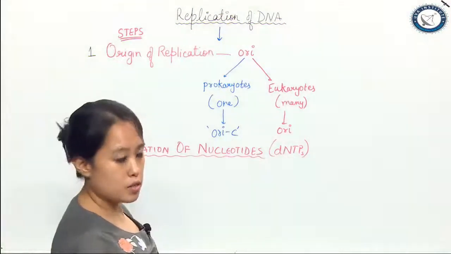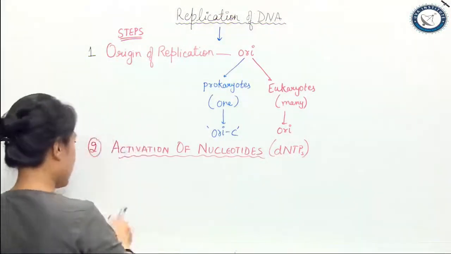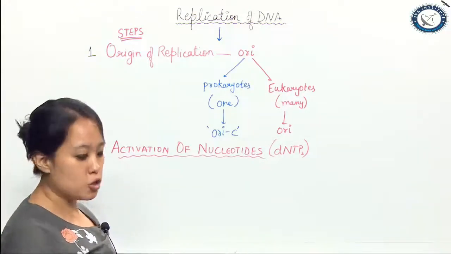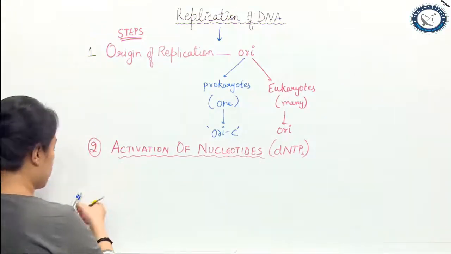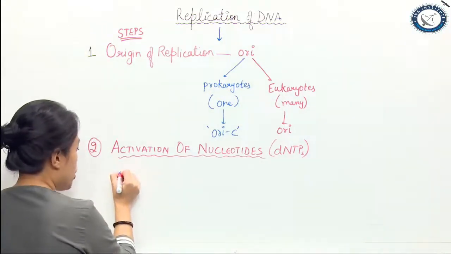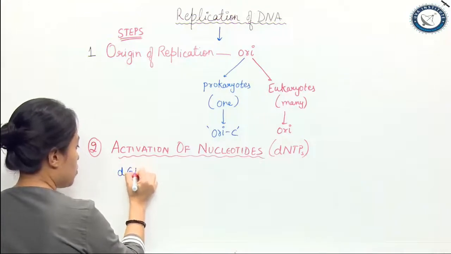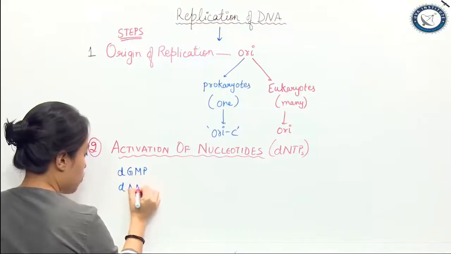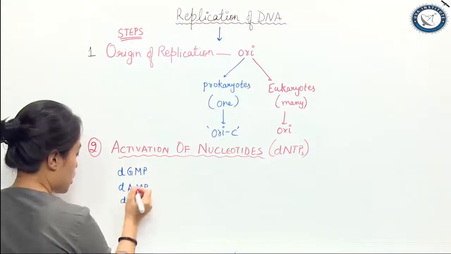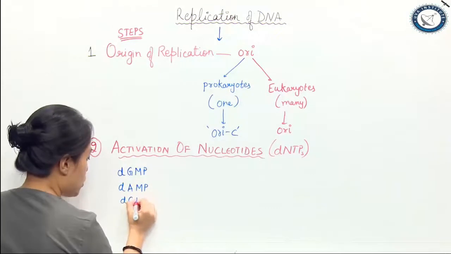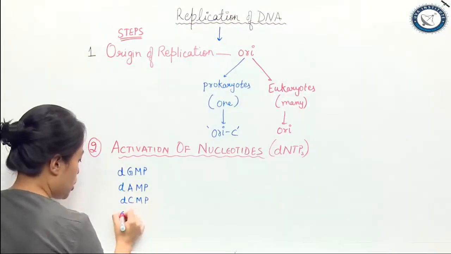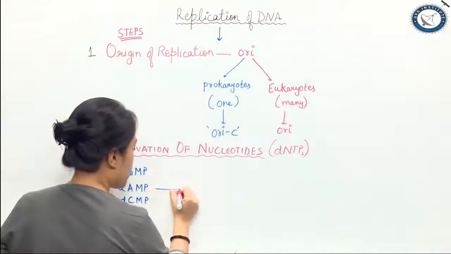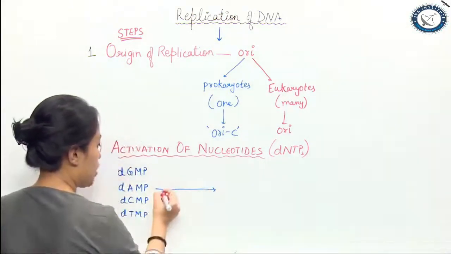Deoxynucleotide triphosphates. Why am I saying this? Because these nucleotides actually help in the polymerization process. Generally, inside the cell, we have deoxyguanosine monophosphate, deoxyadenosine monophosphate, cytosine monophosphate, and deoxythymidine monophosphate. So they need to get activated with the help of an enzyme known as